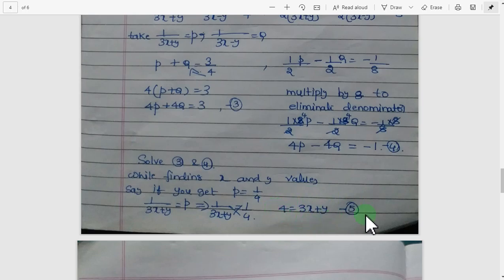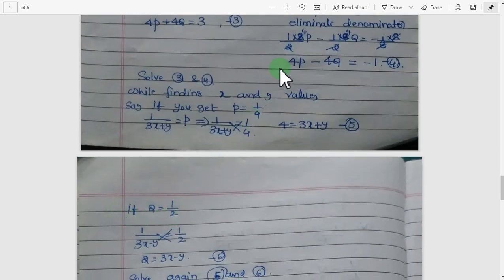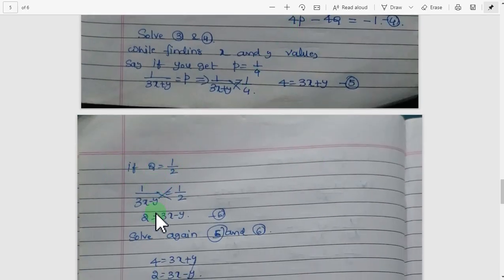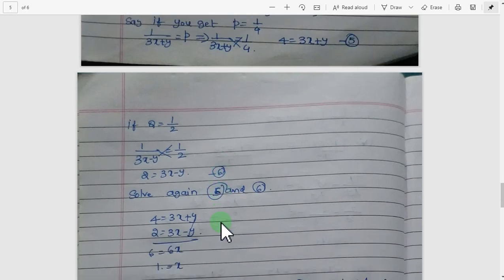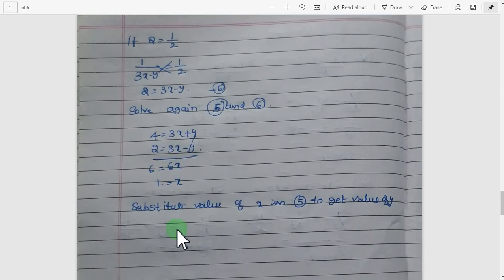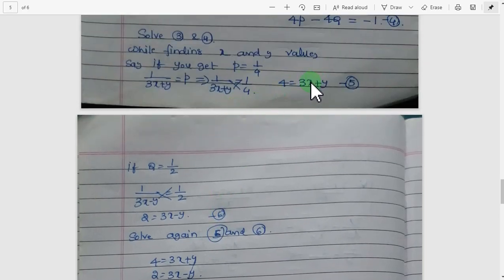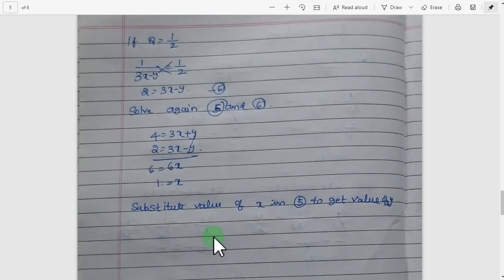Again we didn't get the value of either x or y, right? So again we got one more equation. Keep this as it is. And the q value you will get as half when you simplify these two. Then substitute in that, again cross multiply, and again you will get one more equation. Now once again we have to use the elimination method and solve these two equations like this. y and y get cancelled, x is equal to 1. In the same way, if you substitute the x value in any one of the equations, in this or in this equation, you will get the value of y.